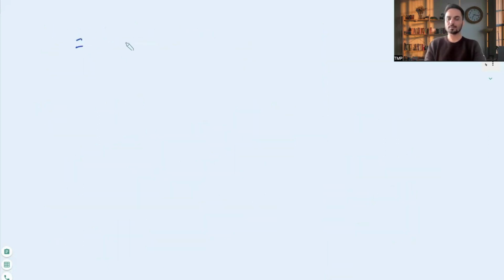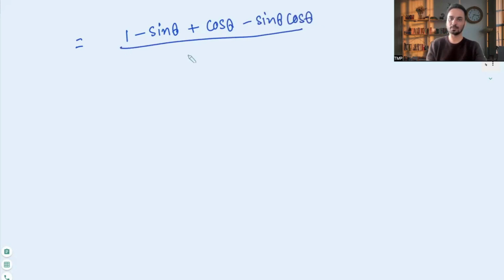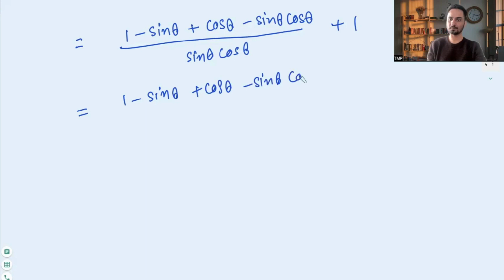Further, multiplying the numerators, you get 1 minus sine theta plus cos theta minus sine theta cos theta over the denominator, which is sine theta cos theta, plus 1. And if you take LCM, we'll get 1 minus sine theta plus cos theta minus sine theta cos theta plus sine theta cos theta